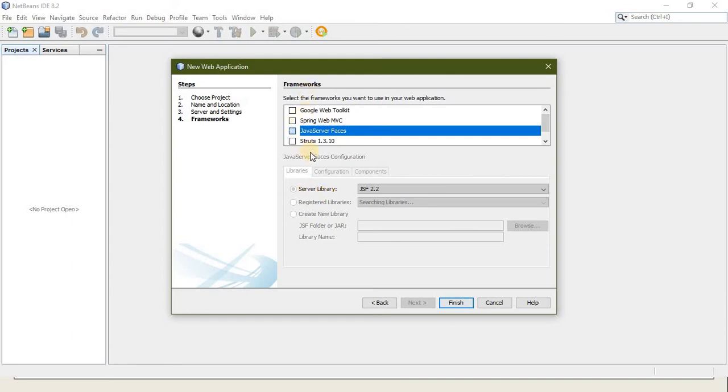No, it's taking a bit more time. Okay, now you can see the versions. I have only one version installed, 2.2, so no issue. Just say finish.